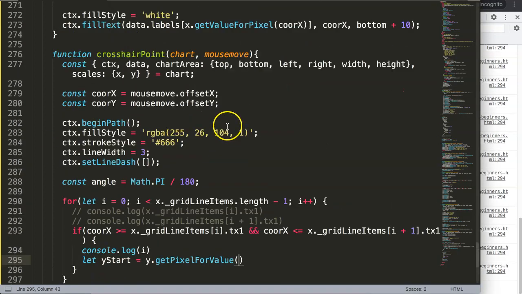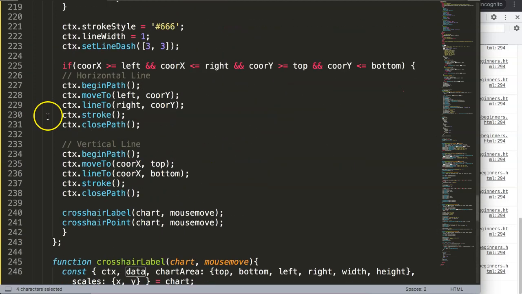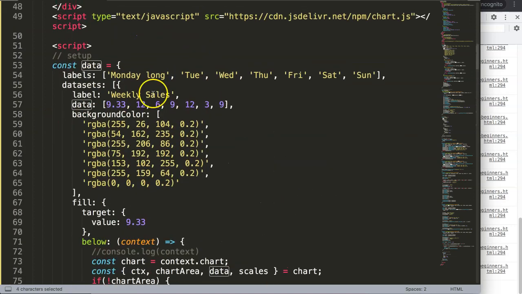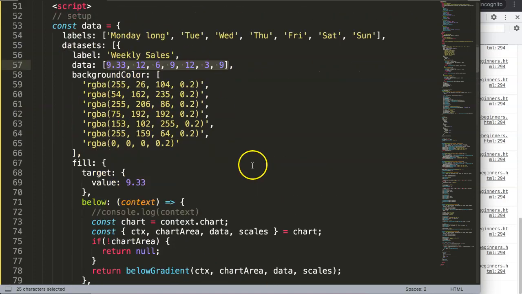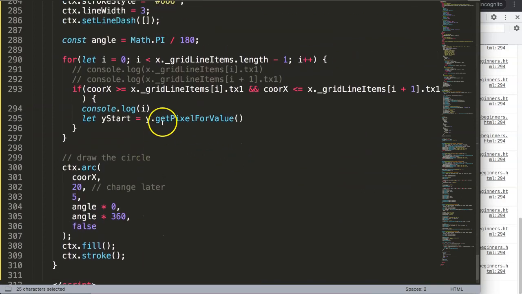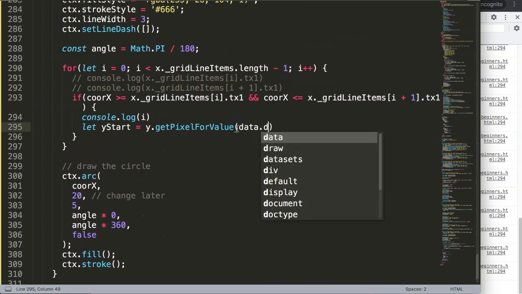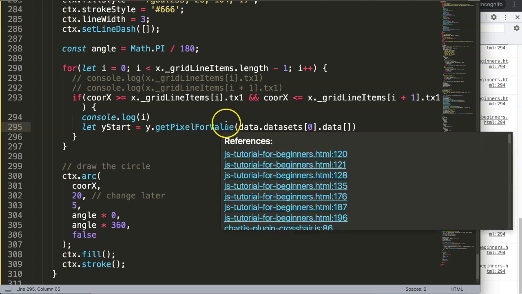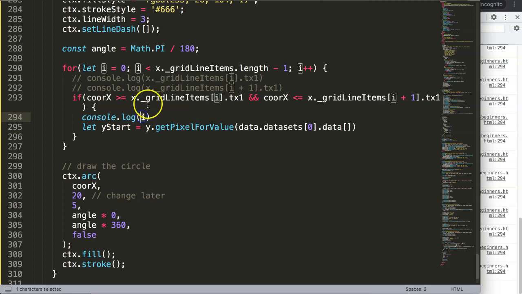And all we need to do here is to get the data. Basically, what I want to do is just scroll all the way to the top here to get this part. That's what we're really doing here. But we're going to do it all automatic, of course. So I'm going to say here, datasets, and I'm going to assume here dataset 0. And say dot data, and then here we need to get what we call the index. The index, in this case, is the i that we created. If I'm not mistaken, that should be the i. And if I save this,